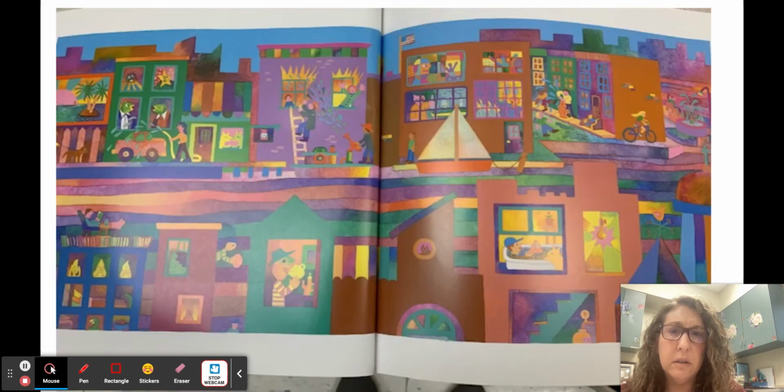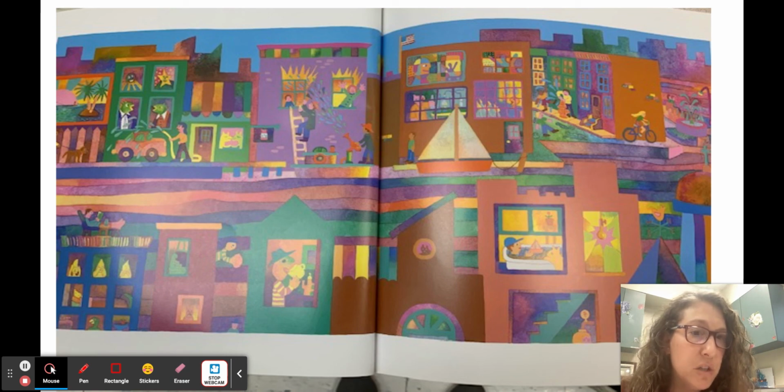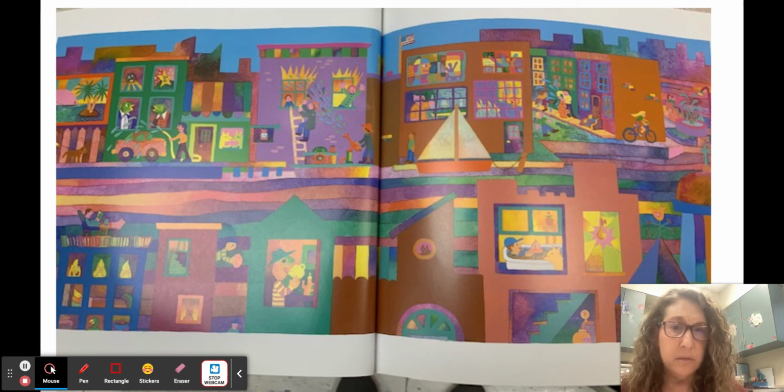Water everywhere. Look at this picture. Now, this picture has no words because when you're looking at it as the reader, you're making meaning from the pictures. So I see there is a fire there in the middle in that purple building, and they are putting out the fire with water. There's a fountain over there. There's a boy taking a bath with his hat on. That's silly. And people are drinking water. Look really closely at this picture and see where you see water. I see water in pipes, water in hoses. Wow, what a great picture.